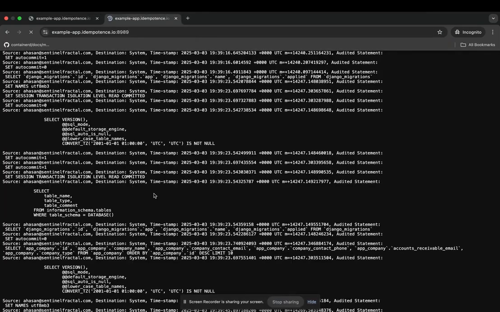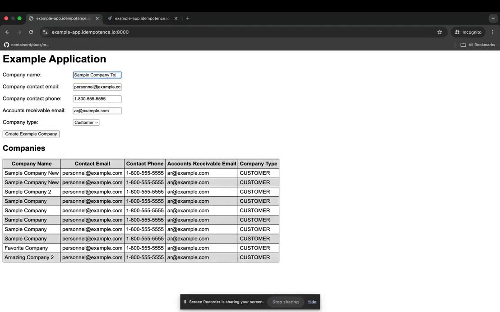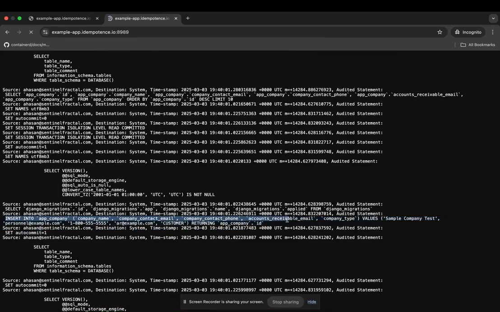We look at our query log window, and we see some more queries were logged as the application is running them. So let's go ahead and do sample company test. We're going to copy that. We will run it. And this created a new table row. But if we go back to our audit log, we will see that another insert statement was captured here against the user name and the timestamp, which allowed us to capture the query that was run in the background. So essentially,